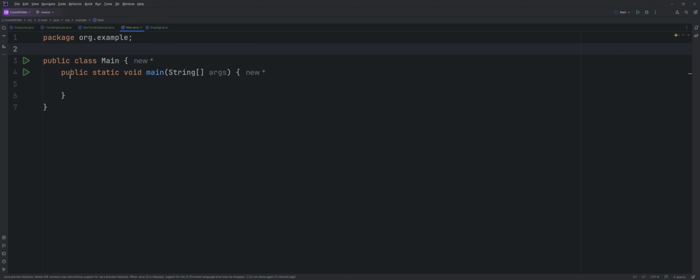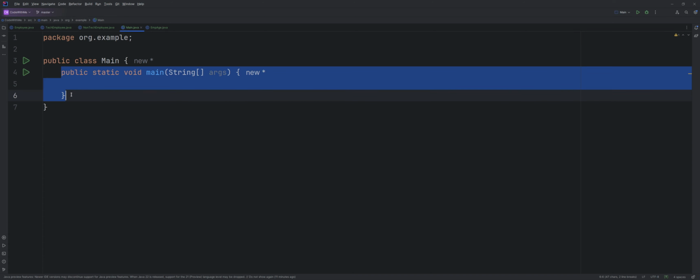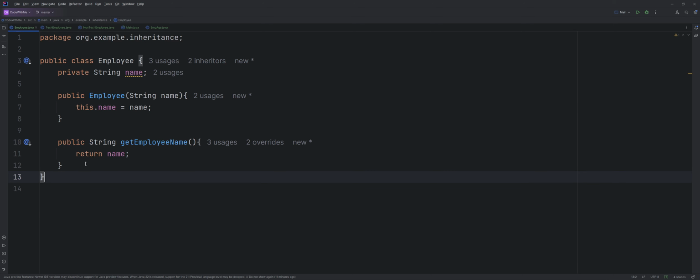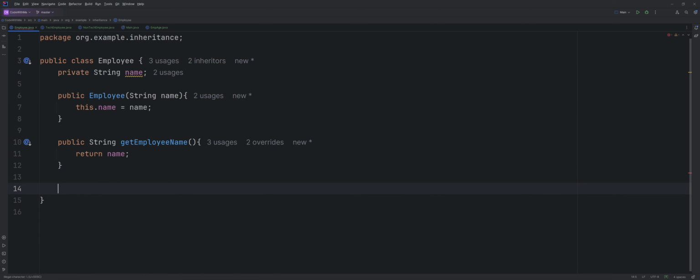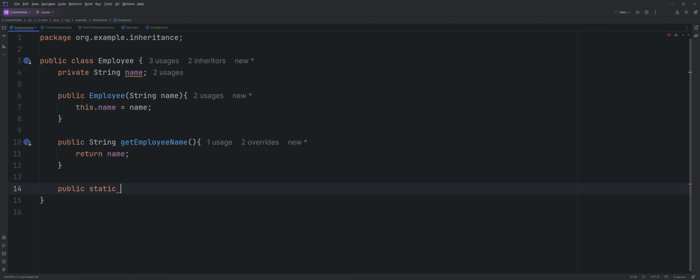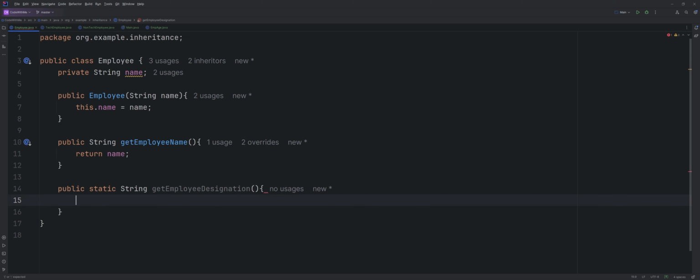That is, the concept of static methods basically means that when you declare a method as static, you don't have to have an instance of the class to access the method. Let's say I have a static method in employee, for example. I'll say public static string get employee designation. Okay. And I can say return some designation. I don't care about that now. I just want to show you